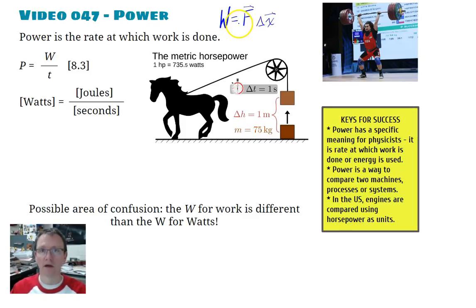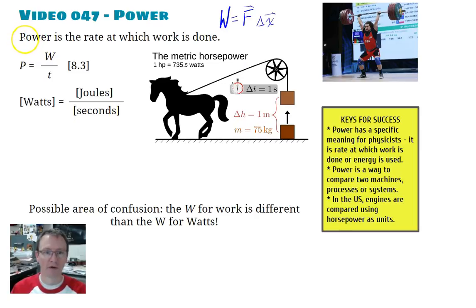So, work is an interesting concept, and it's very, very important. However, from a general public perspective, work doesn't have a lot of meaning. What's more important is really what you can do in a certain amount of time. Doing this in a certain amount of time is a much more useful thing to know, because it puts together the idea of work with the idea of impulse. So remember, work is force times displacement, and impulse is force times time. And so putting the displacement and the force and the time together is very, very useful. As a result, we get this idea of power.